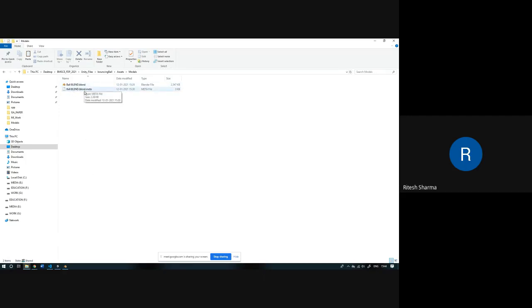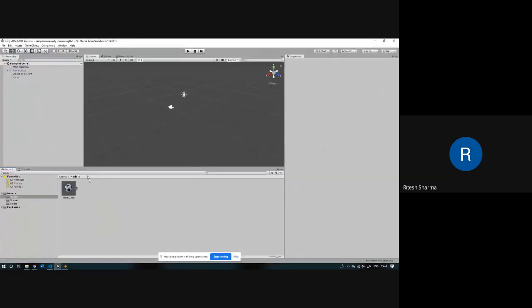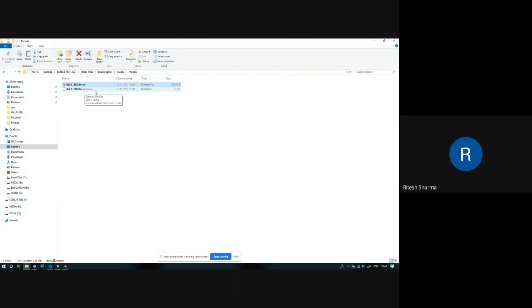Don't worry about this blend.meta. This is auto generated. Once you get the model here, Unity automatically locates whatever new assets you add, and this .meta file is the related information which it generates.